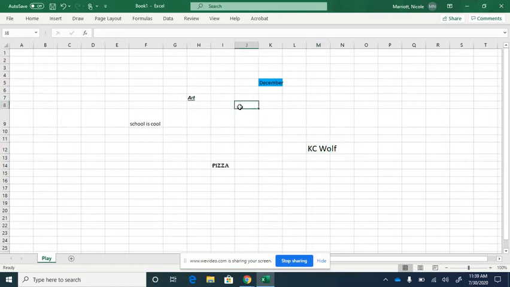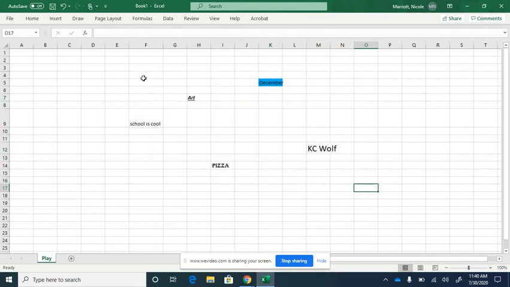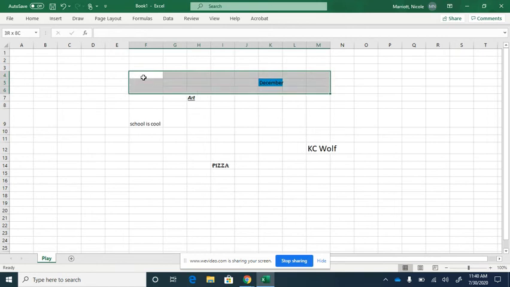Now, you can also select a group of cells. And I like to look at these cells as separate little word processing programs. So if I make a change to this cell, it's not going to change these other cells unless I highlight those. And you can take your mouse and hold the button down and highlight it this way, or if you want to use your shift key and an arrow key, you can highlight